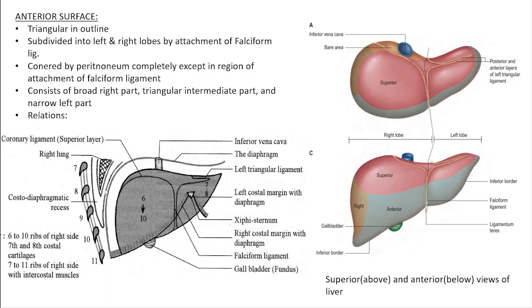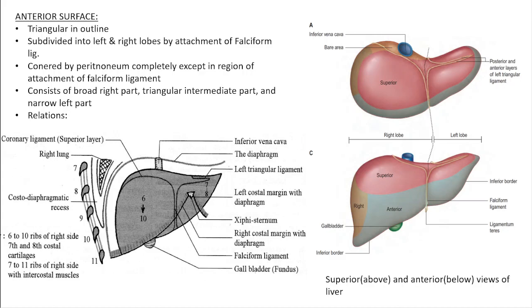There is no lung in this part, there is only pleural cavity, whereas in the lower 1/3 you can see that the diaphragm is directly in contact with the thoracic wall. There is no pleural cavity in between, there is no lung in between. In the thorax you will study that in the mid-axillary line the lower border of the lung reaches the 8th rib, whereas the lowest border of the costodiaphragmatic recess reaches the 10th rib. Right. So there is a clinical significance of this.